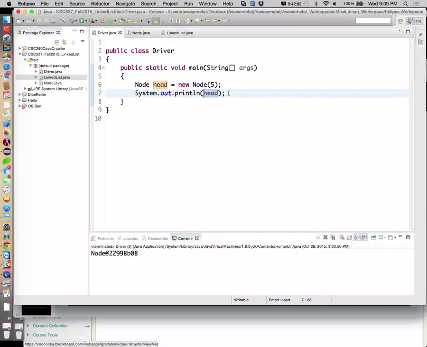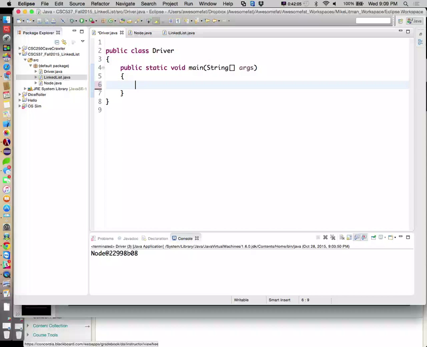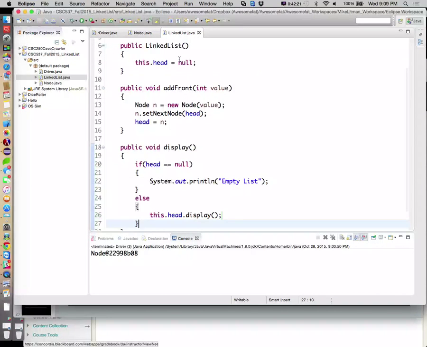So what we can do here is let's just go ahead and start creating a little model here. So we're going to create a linked list. LL is equal to a new linked list. All right, and then let's do ll.display. So this should give us empty list to begin with, right? Because we have nothing in the list. So when we say ll.display, it's going to come in here. It's going to say, oh, head is equal to null. Why? Because head is null by default when we first build a linked list and don't put anything in there. So if head is equal to null, we're just going to display empty list. So that's what the output of our code will be right now, empty list.